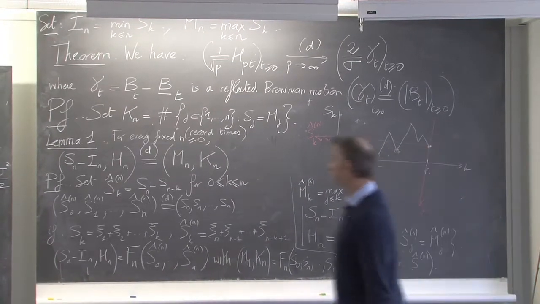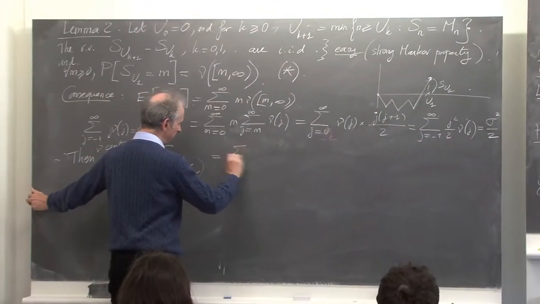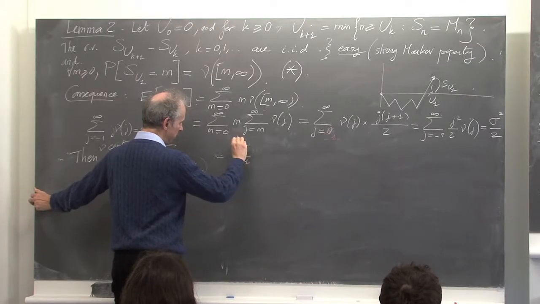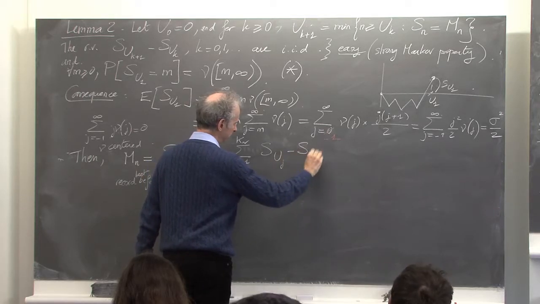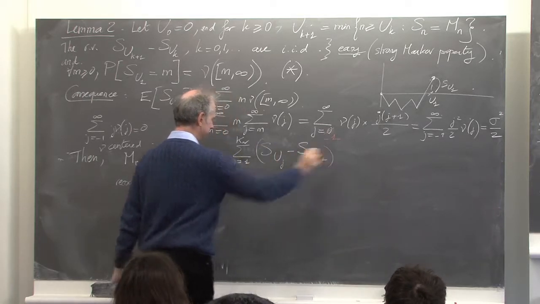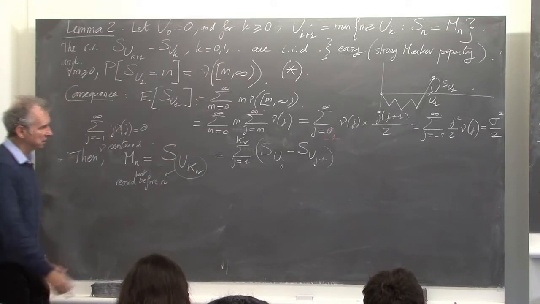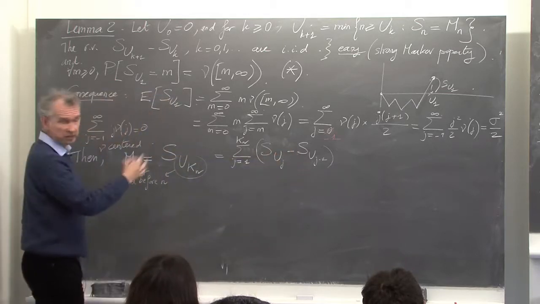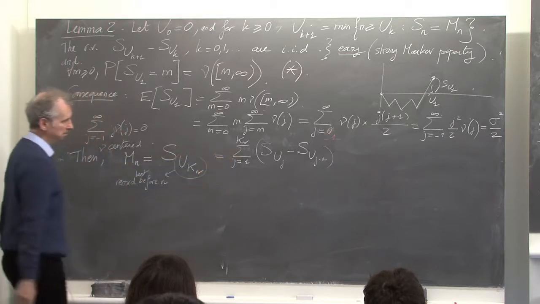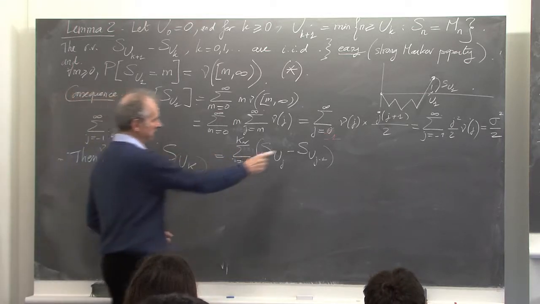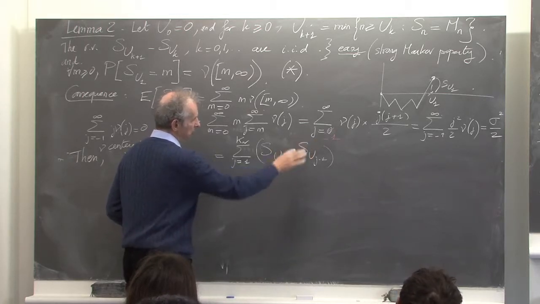And then, well, I'm going to write this in the form sum from j equals 1 to Kn of Suj minus Suj minus 1. Okay? So, well, it's clear. This is just a telescopic sum. If you do this sum, all terms cancel except the last one, which gives you Sukn. Okay? So if you want, each of these terms is the quantity by which you increase your record when you have a new record time.